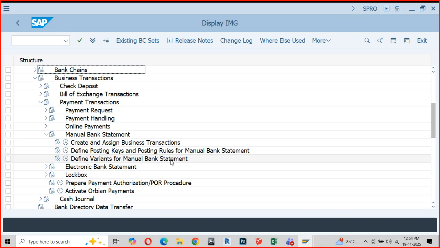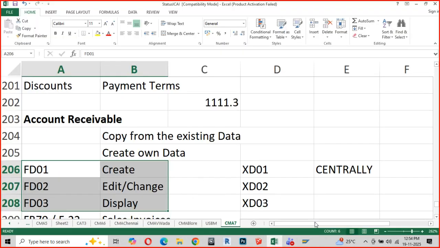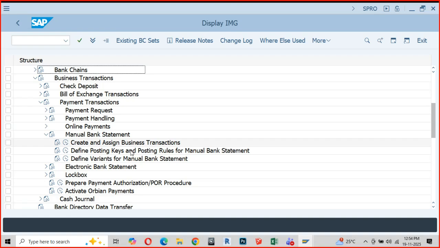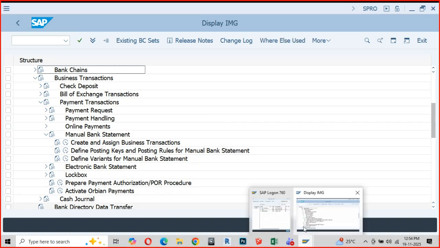So your bank charges, whatever transactions are happening, whatever is the reconciliation factor, you are going to create those scenarios out here and you are going to establish the BRS. Now, finally, when you want to execute the BRS,